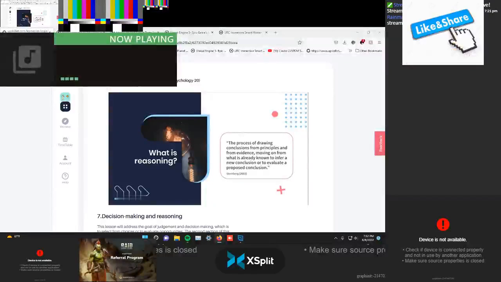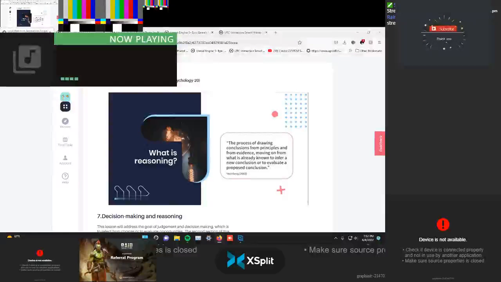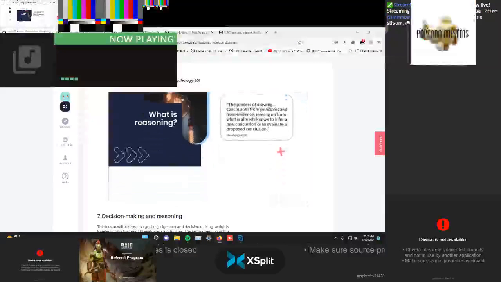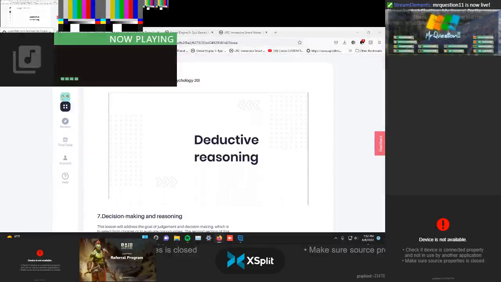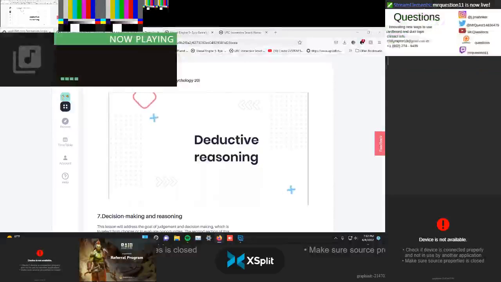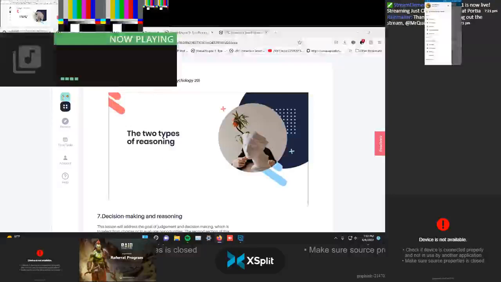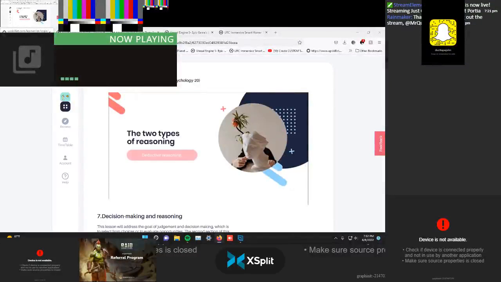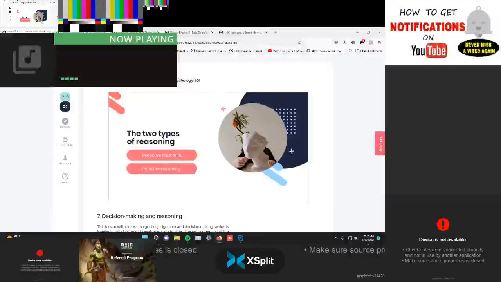Let us move on to consider deductive reasoning. Let us start our core objectives on reasoning. The two types of reasoning include deductive reasoning and inductive reasoning. In short,